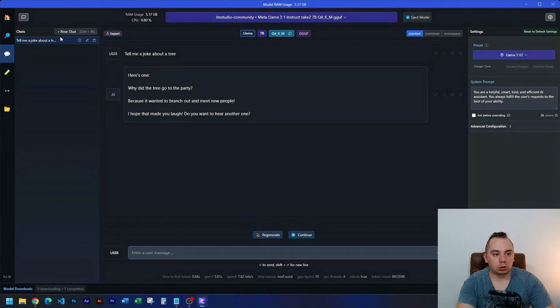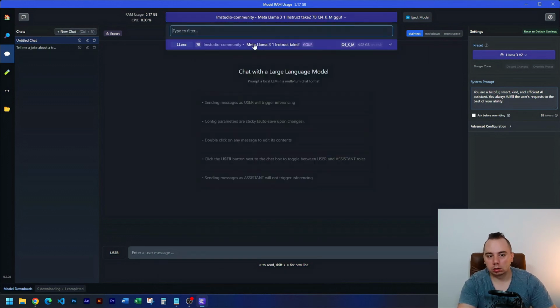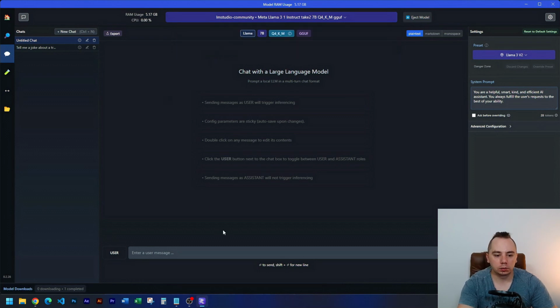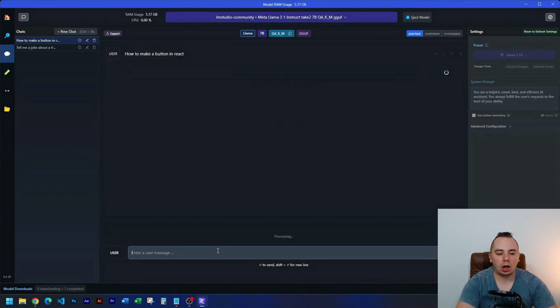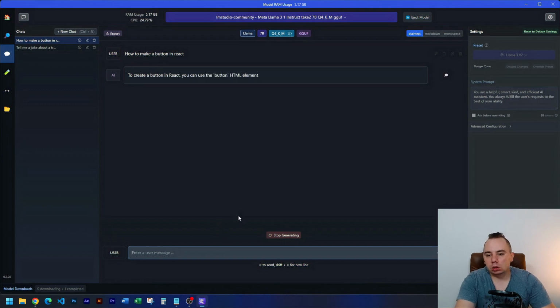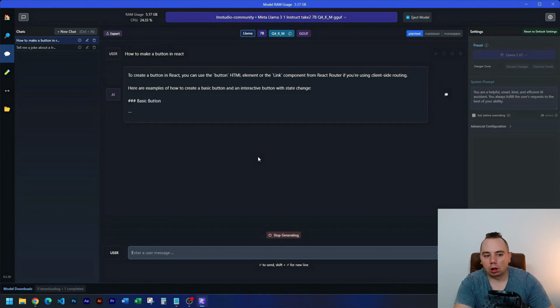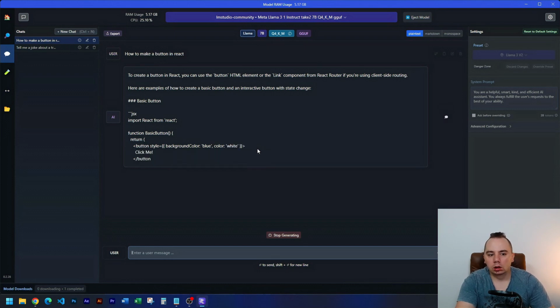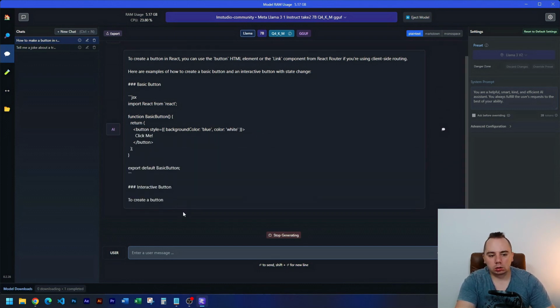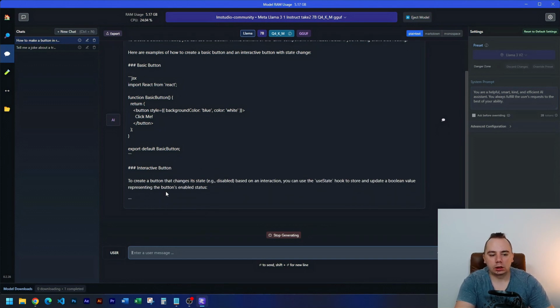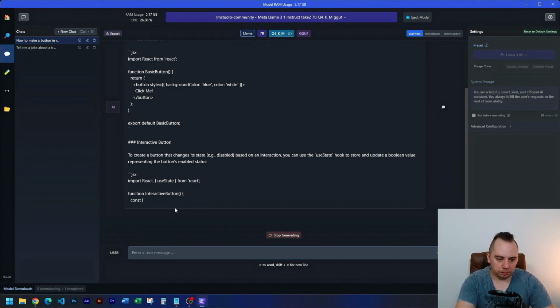Interesting. You can also start a new chat from here with the same model. Obviously, if you have more, you can change the models and ask, I don't know, how to make a button in React. It usually gets basic stuff quite right. Formatting might be off sometimes, but it should do a pretty good job. As you can see, it's actually returning the code, and it has some further things to show us, an interactive button. Okay,